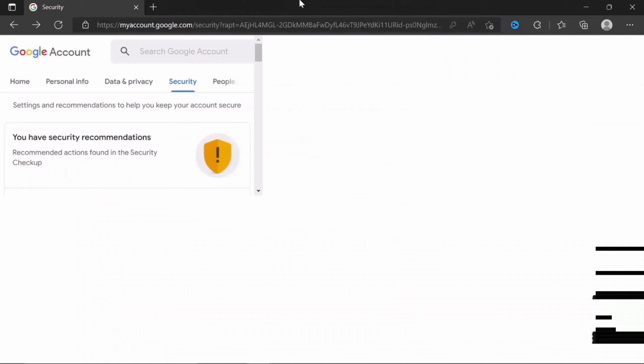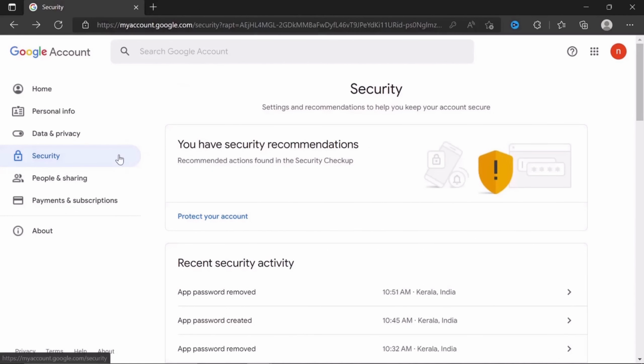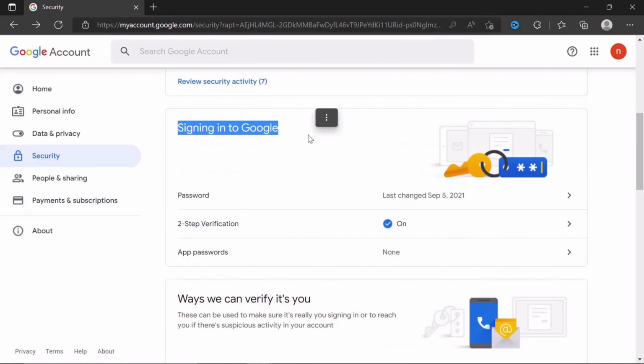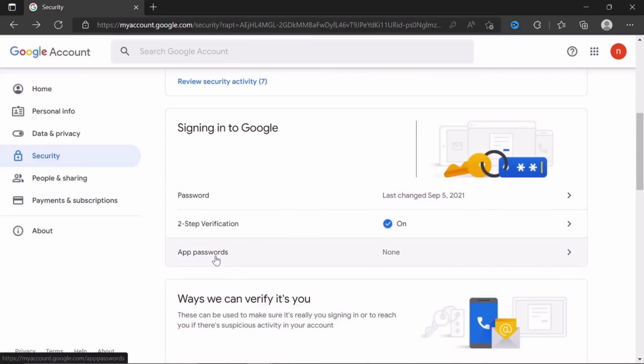Go to your account, inside the security tab you have to go inside Signing in to Google, and you must see an app password section over here. Only if you have enabled two-step verification. First of all you have to enable two-step verification on your account for this to work, otherwise this app password will not be shown there. So first enable two-step verification, then go into the app password section